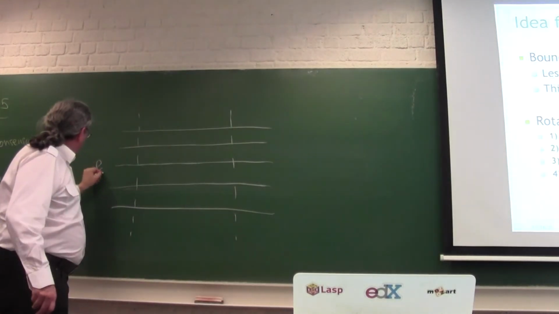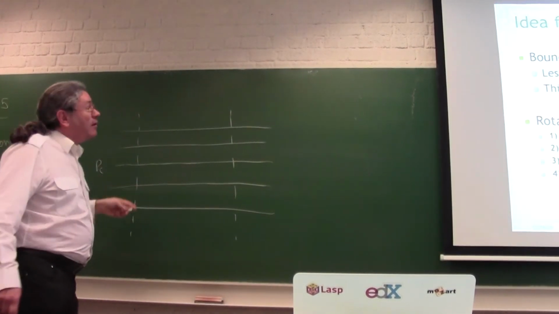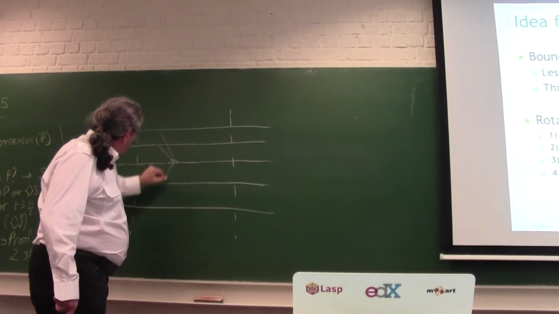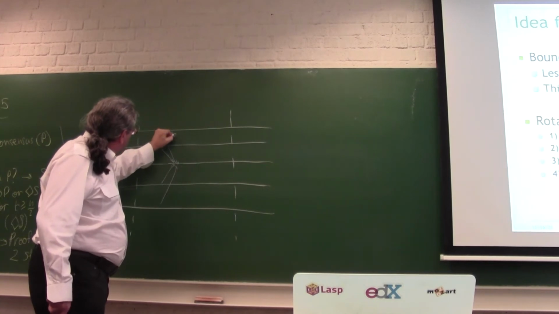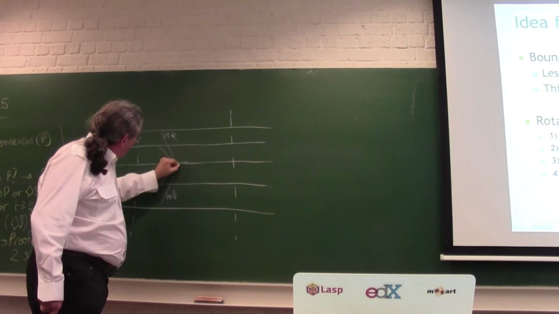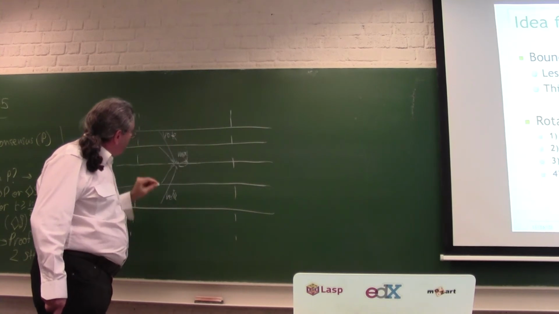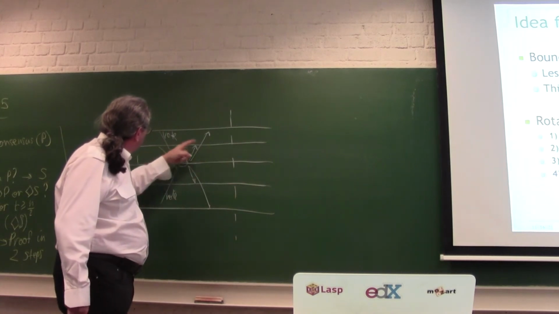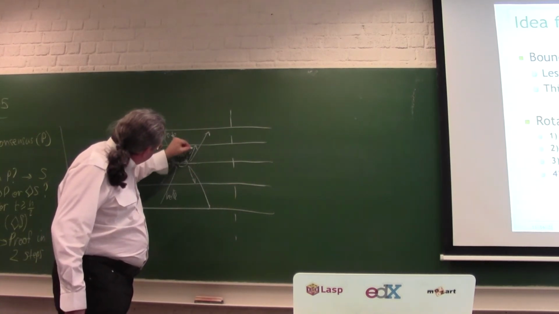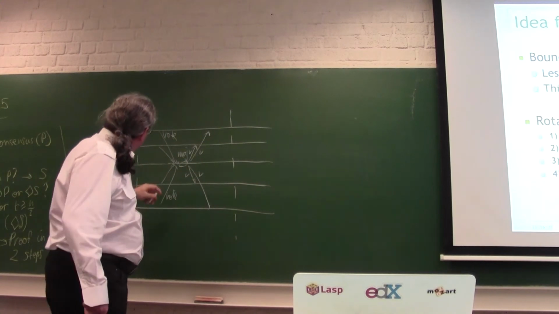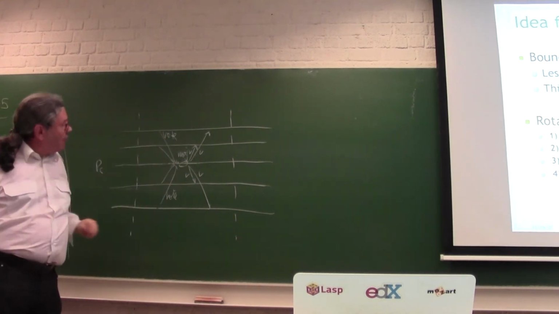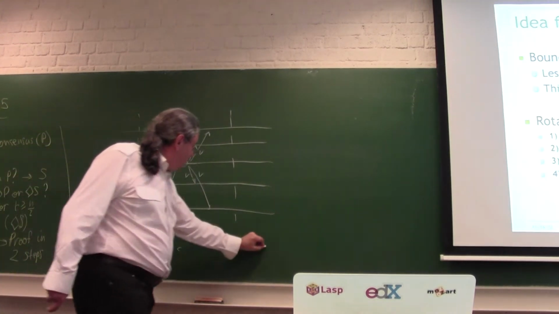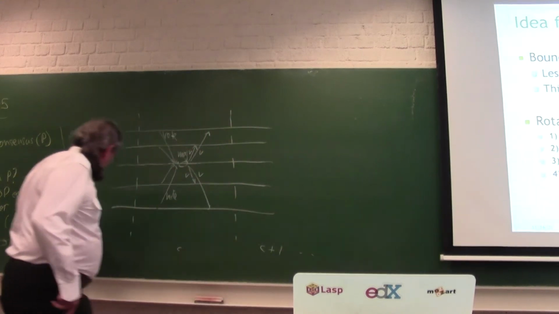So this is one round. Assume that this node is the coordinator; the coordinators will change. Everybody will send their vote to the coordinator. Vote, vote. The coordinator picks the majority, and it will then broadcast the majority back to the others. So this value that's broadcast will be the same for all of them, some value v, whereas here they might be different values. So this is what happens during one round. Round C, and then we have C plus 1, etc.